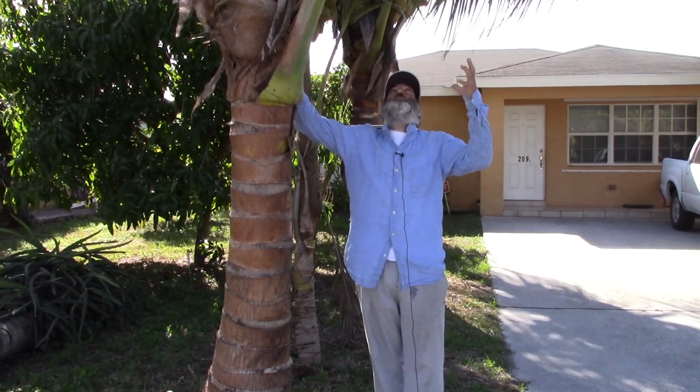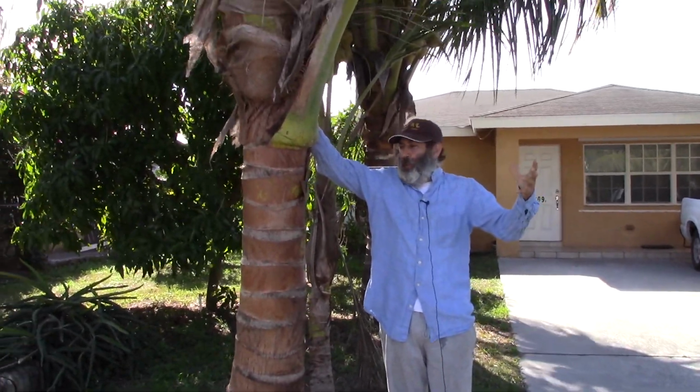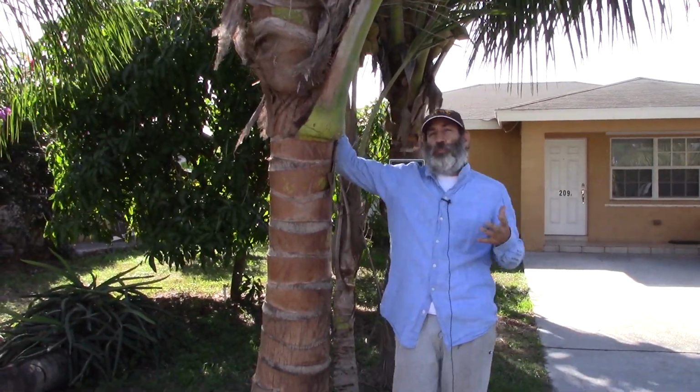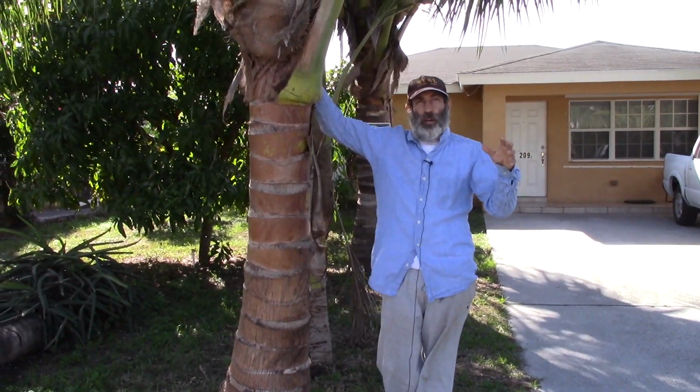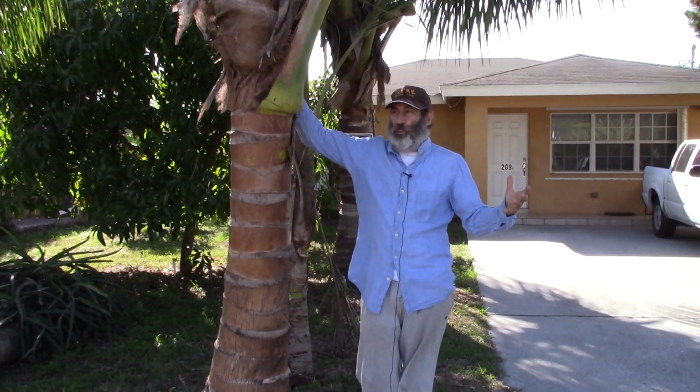Hello everybody, here I am today under a coconut tree. This is a coconut tree across the street from my house. It's my neighbor's coconut tree. When we both moved in around the same time, we were both so excited to plant coconut trees, and we